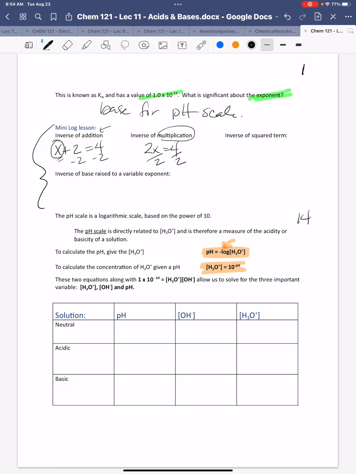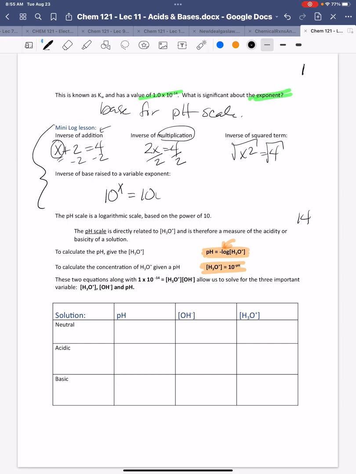So you are very familiar with inverse functions. The inverse of addition is subtraction. The inverse of multiplication is division. The inverse of a squared term, right, is the square root. And so we have these inverse functions that we use all the time, and they're very familiar because you've worked with them a lot. You may or may not have dealt with a variable